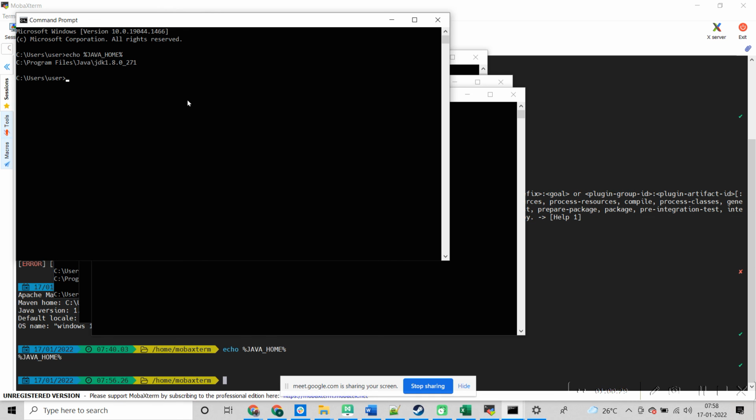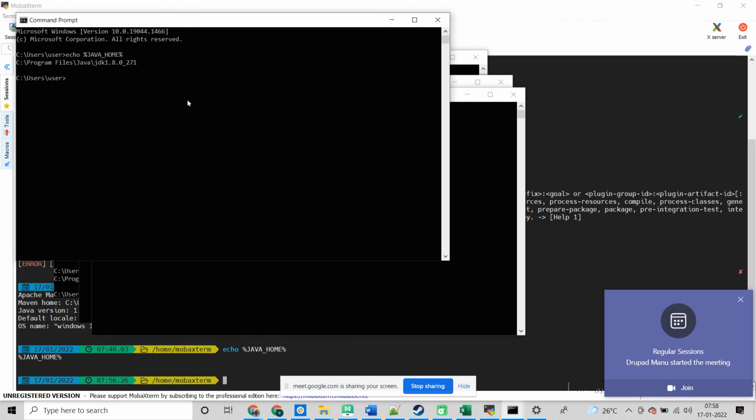So I open my command prompt and enter echo with percentage signs before and after the string? Yes. Are you able to see my screen? Yes. Just type this.